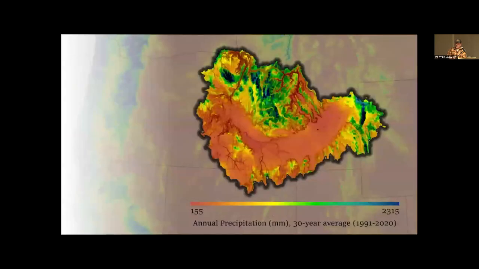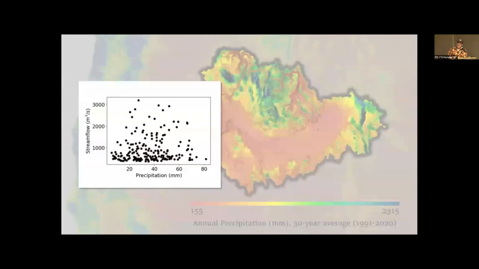The first step of predicting stream flow is understanding the factors that drive it. Most watershed assessments assume the precipitation is the main driver of stream flow. As the main input, the only input to the watershed, we would think it would give us a clear picture of what's going on with the stream. But when we plot our monthly stream flow data against precipitation amounts, at least in the Snake River Basin, we see that this is not the case. We don't see a strong correlation between